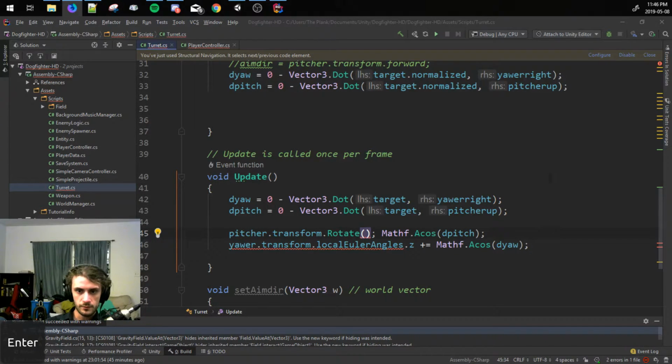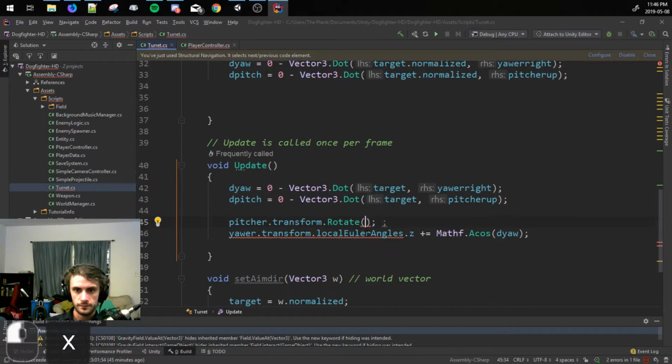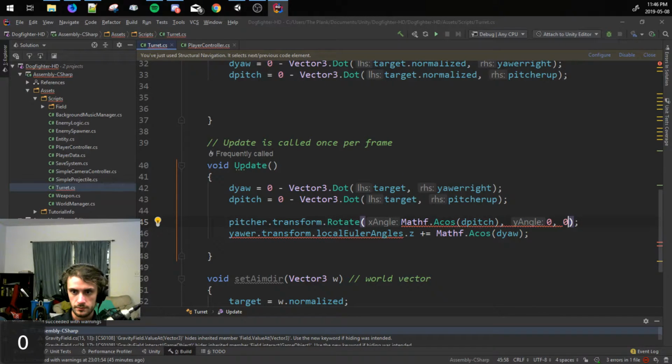I assume that it's gonna mean self. So we're gonna do pitch is relative to the x-axis. 0, 0. Oh yeah, and that'll do it. Okay. And then